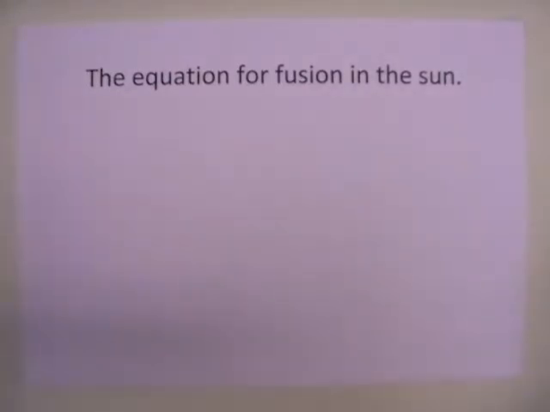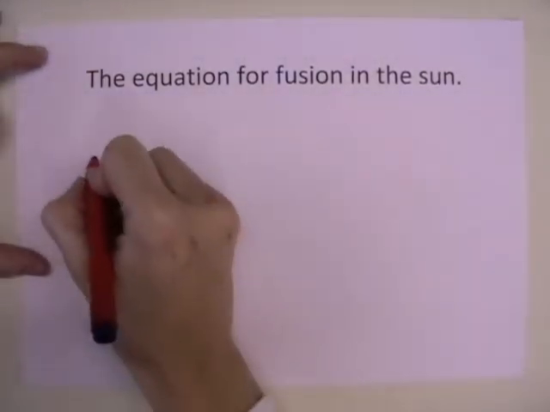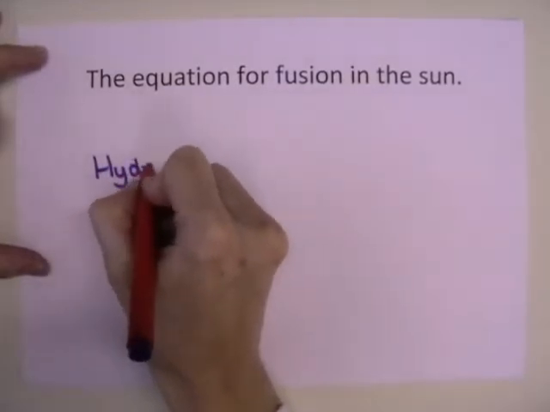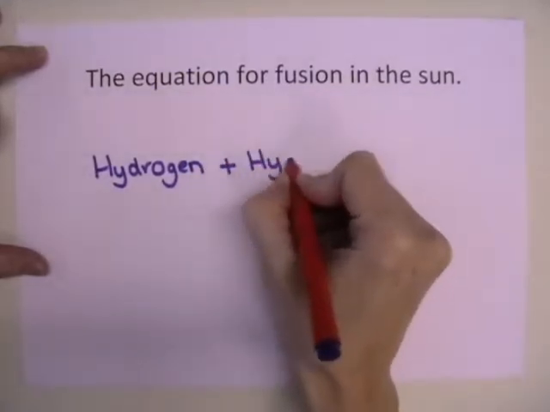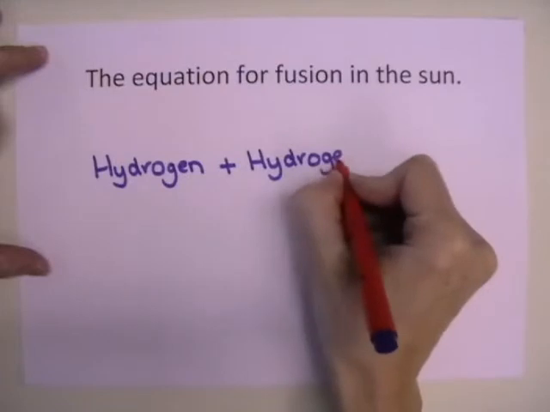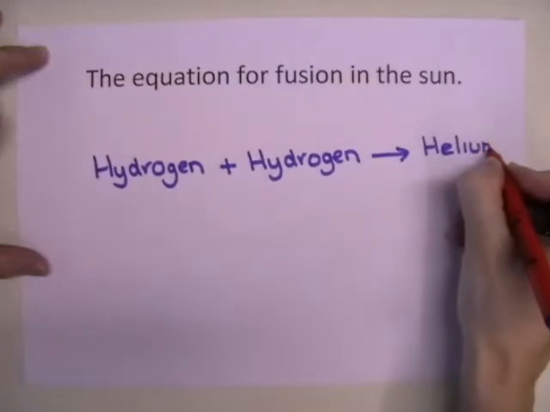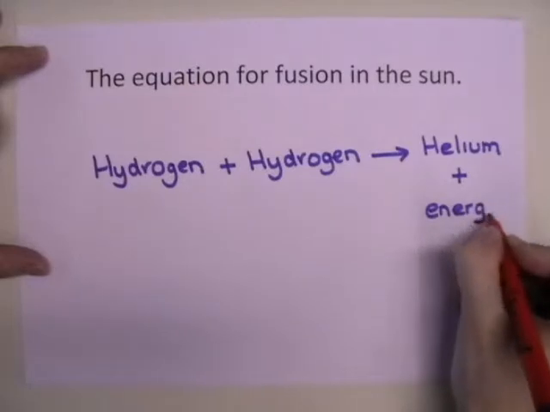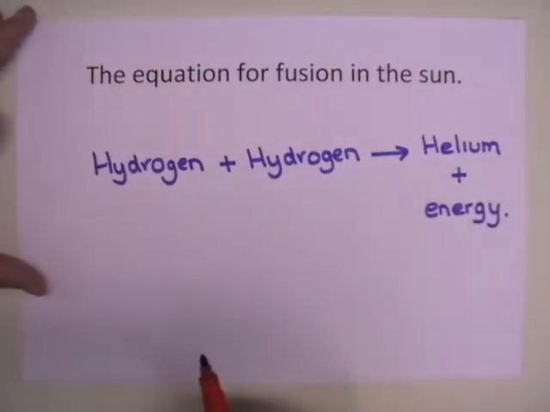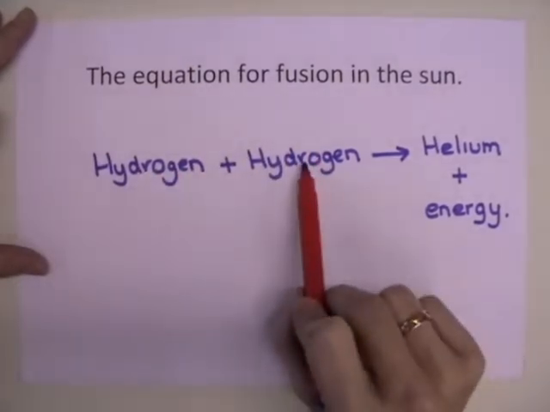The equation for fusion in the Sun. All you need to learn about the equation for fusion in the Sun is that hydrogen joins together with another nucleus of hydrogen to form helium plus enormous amounts of energy. So the important thing to remember is it's a nucleus of hydrogen which joins with another nucleus of hydrogen to